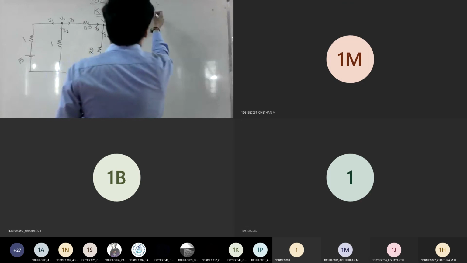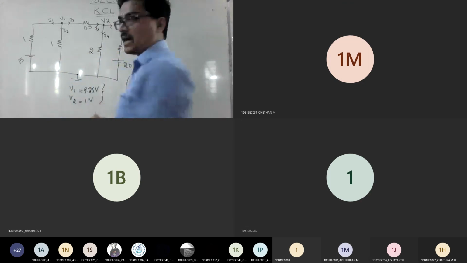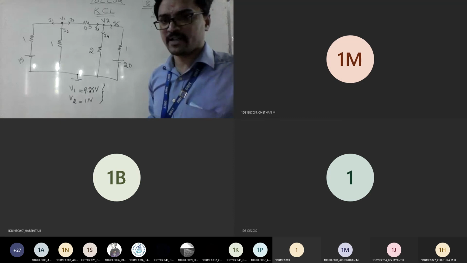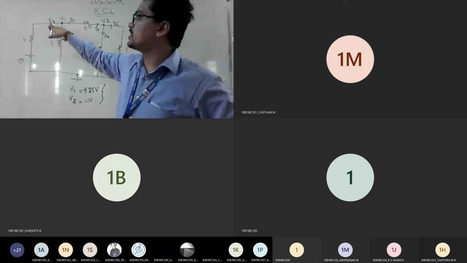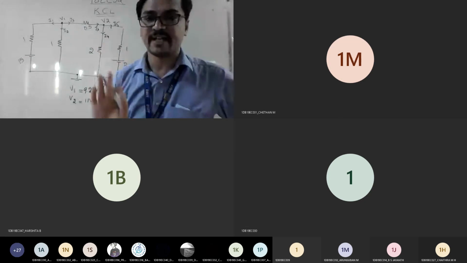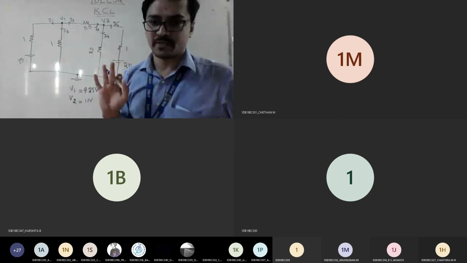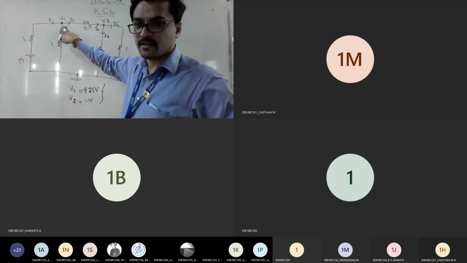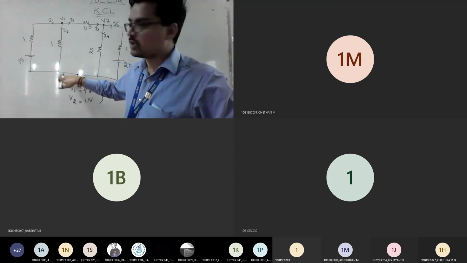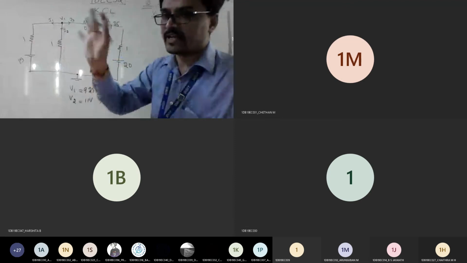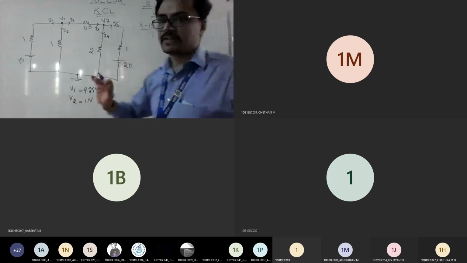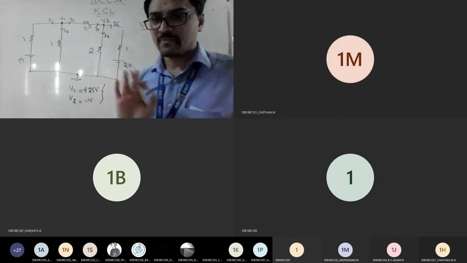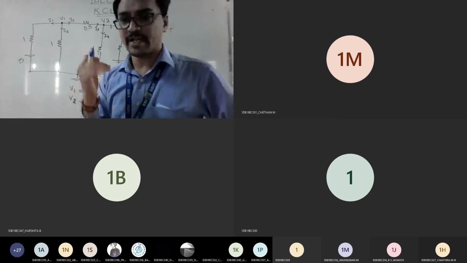Just listen carefully now. So at node 1, listen to the first problem carefully, then you can solve. I told you in the second method, we are not giving priority to entering or leaving current. We will straight away write the equation by considering V1 as superior. So it is (V1 minus 15 minus 0) divided by 1. That is the first part. I'm not worrying about entering current, leaving current. So everything I will keep adding now. From now onwards, I am not going to take any subtraction. Everything I am going to take as add.